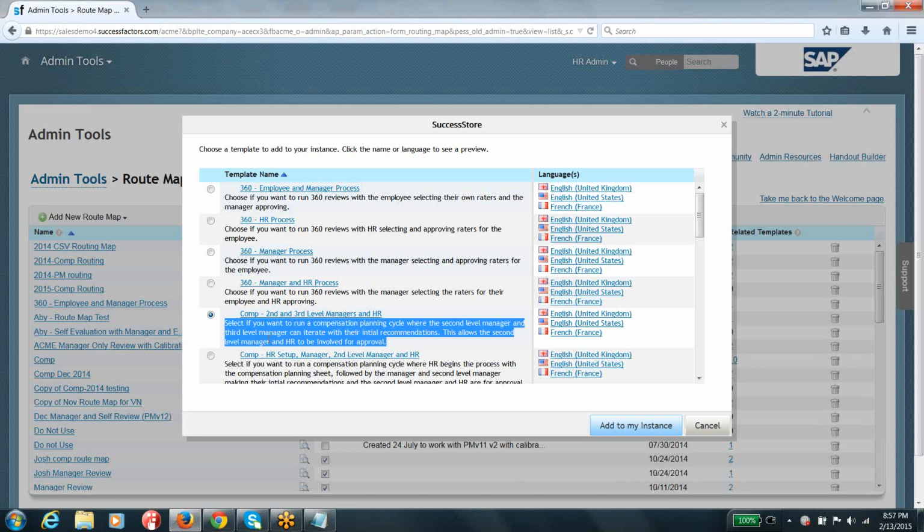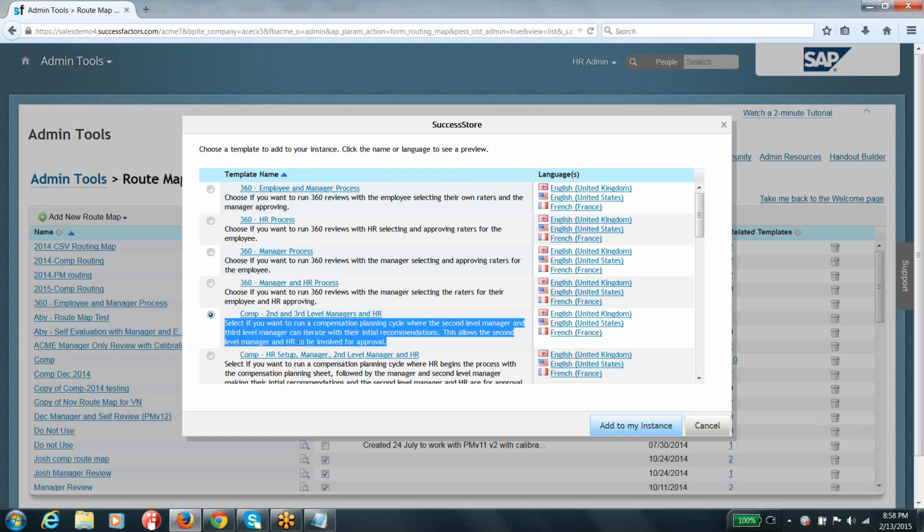If you see here, it is the compensation, COMP compensation, and you can see that second and third level managers and HR approval is required, which means that the compensation form you are supposed to create utilizing this roadmap can go through the manager, second level manager, third level manager, and then HR. So it has 4 different steps.